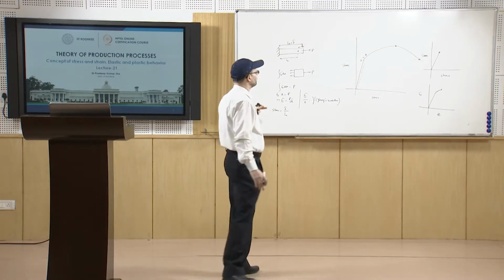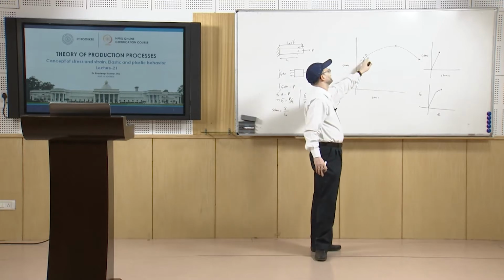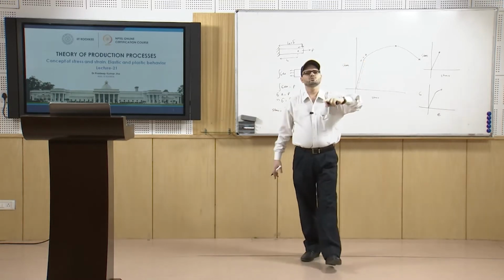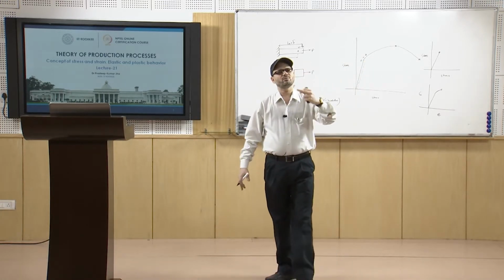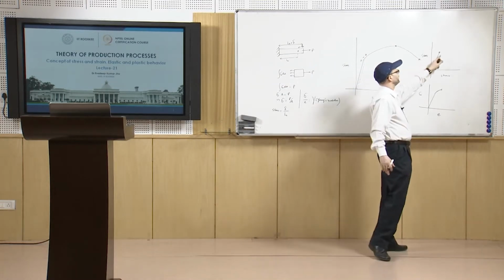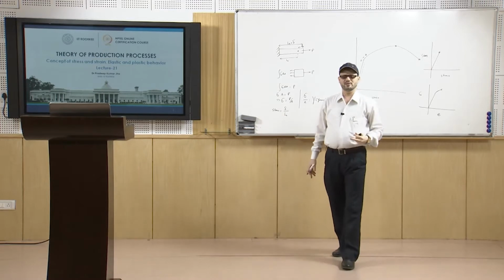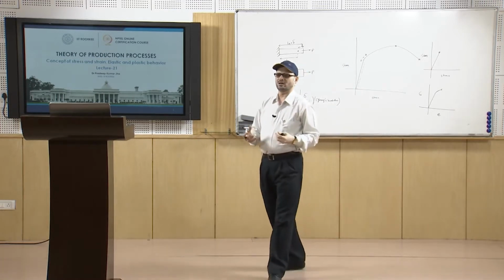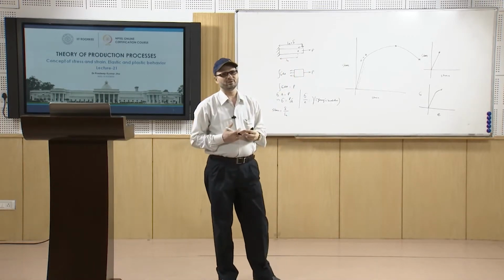In the ductile case you have that indication that yes, the material is going to fail, but in this case you do not have any such indication. So, it is not desirable in the sense that there may be catastrophic failure of the material,